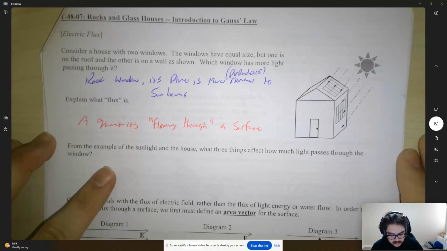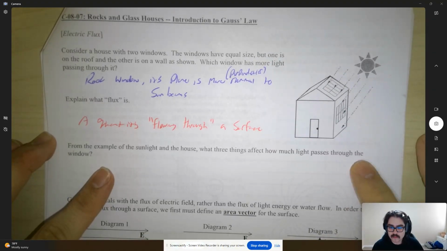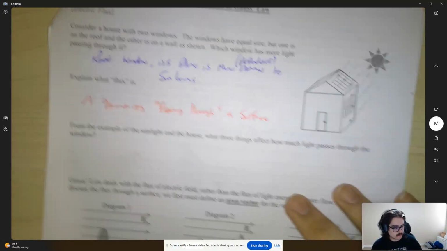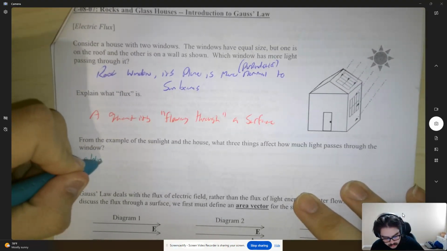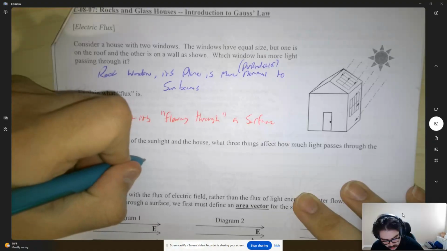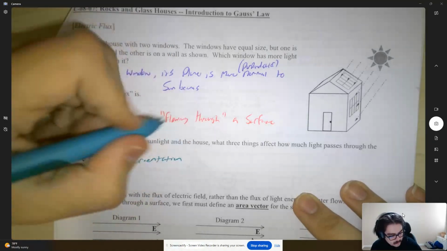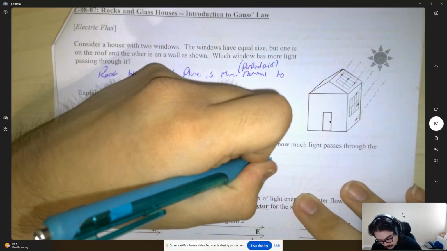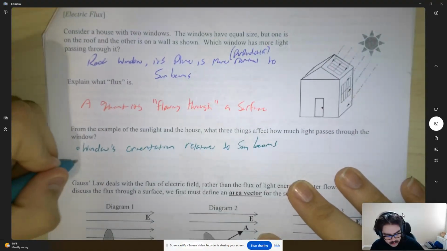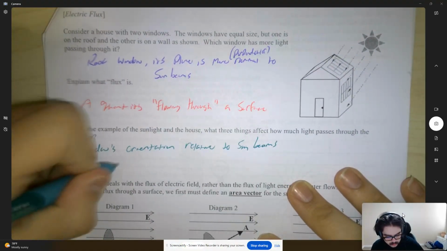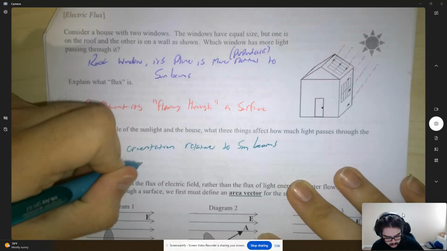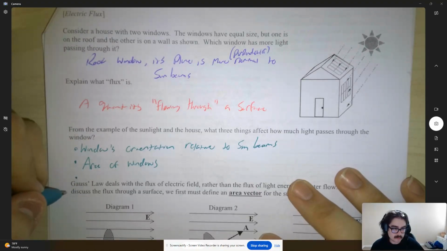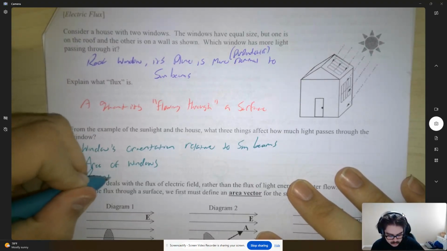Okay? From the example of the sunlight in the house, what three things affect how much light passes through the window? If we wanted to change the amount of light that passes through the window, there's three big things we can do. First off, we can change the window's orientation relative to the sunbeams. Okay. We can change the area of the windows, so we can make them larger or smaller. And then we can also, this is going to be really hard to do, change the brightness